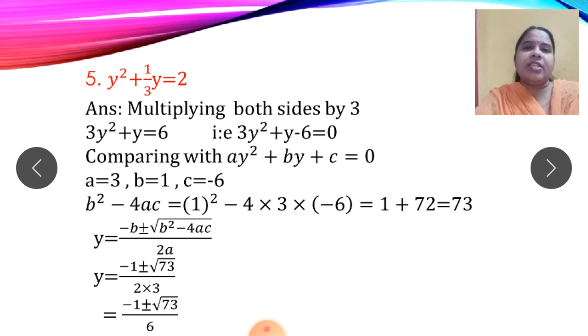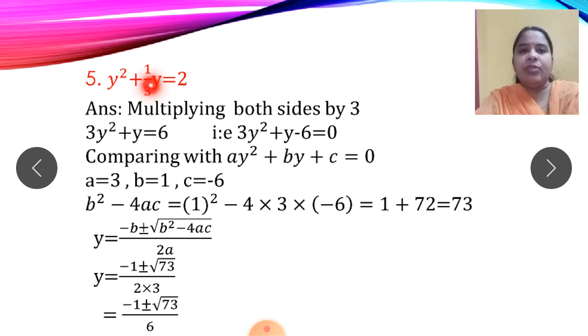Yes. Now see the fifth one. Why have I taken this one now? Because it is having a fraction. Let's see how it can be done. See, I am not telling you that if you start doing with the fraction, A is 1, B is 1 upon 3 and C is minus 2, it will go wrong. That is right. If you are comfortable with fractions, it is okay. But I feel we should get rid of the fraction first before we start comparing and solving.